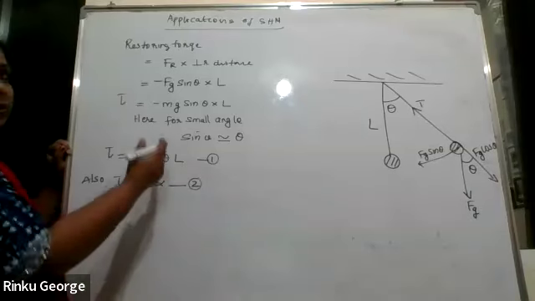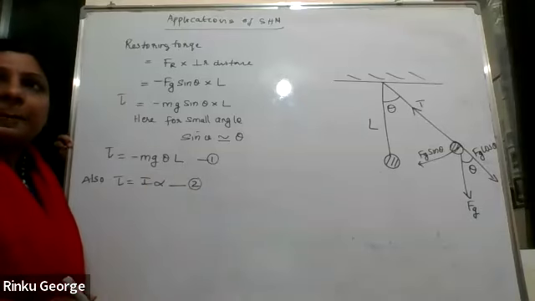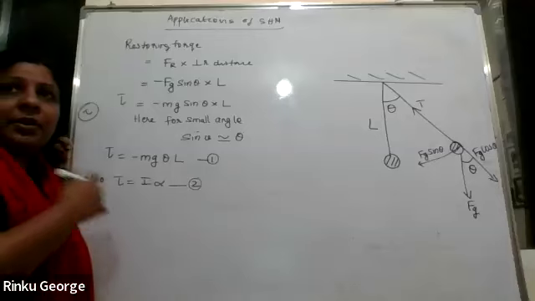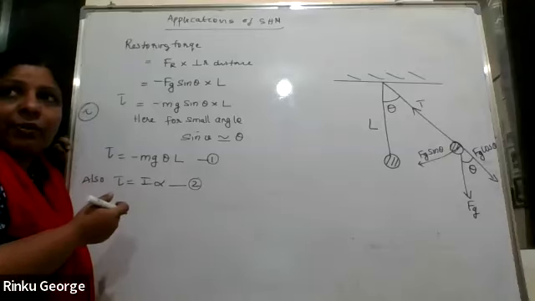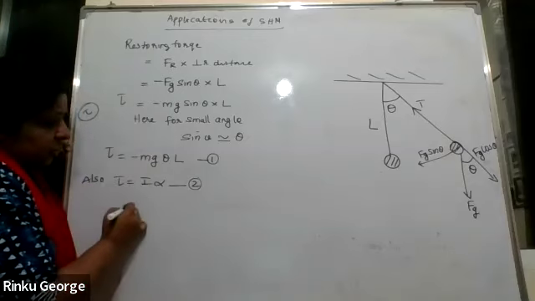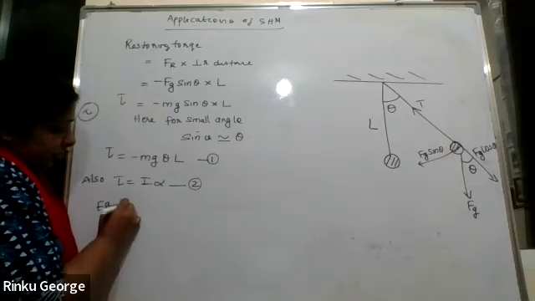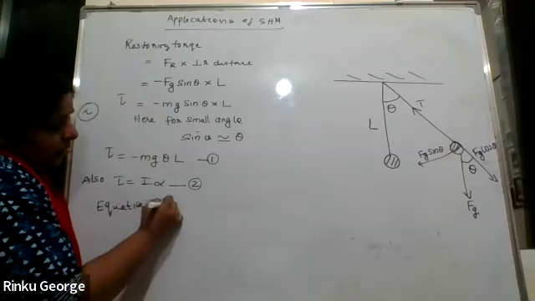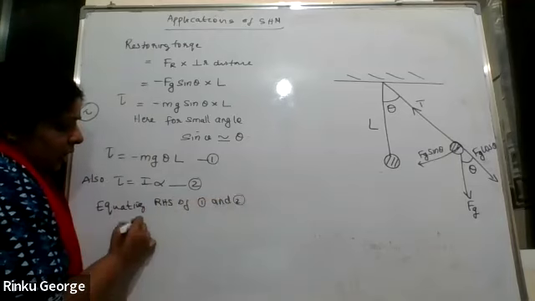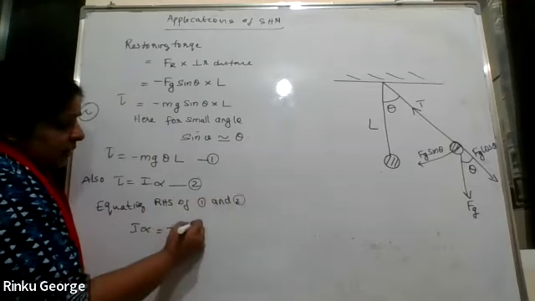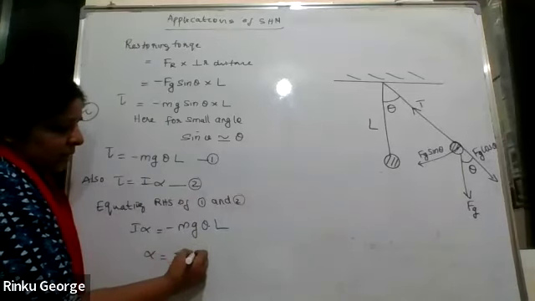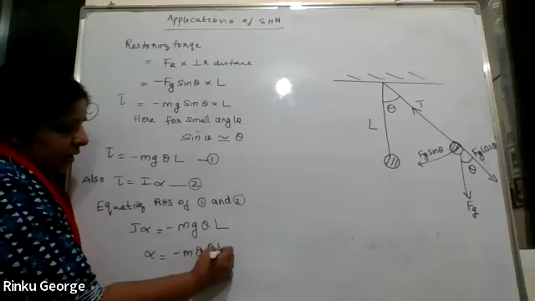I can equate the RHS of both and I will find alpha. So first step, find tau. You can remember it like that. First tau, second step alpha. So equate both, equating RHS of 1 and 2. I alpha is equal to minus mg theta into L, or alpha is equal to minus mg theta L by